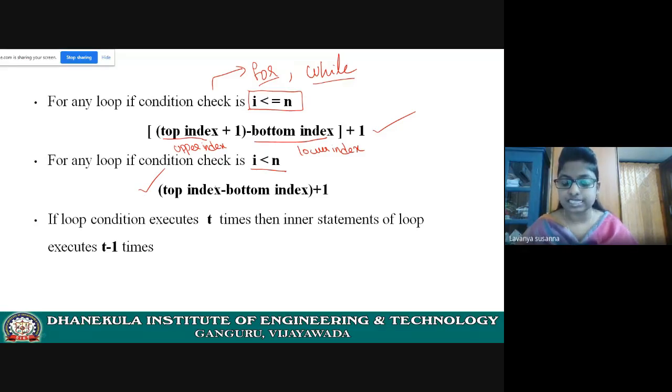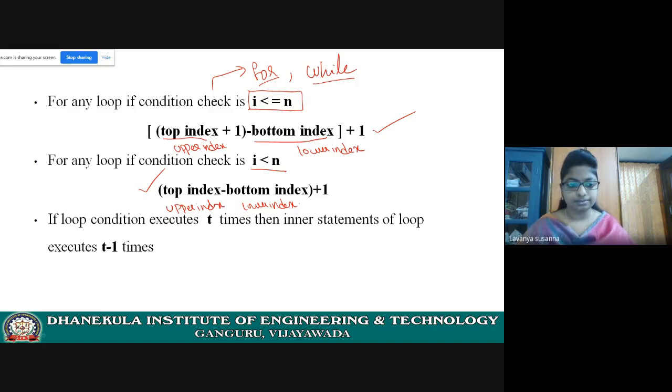If I is less than n, you need to take this formula: top index minus bottom index plus 1. Upper index means last index, lower index means starting index.